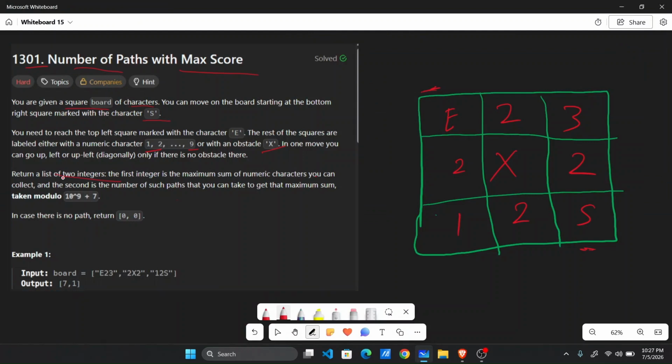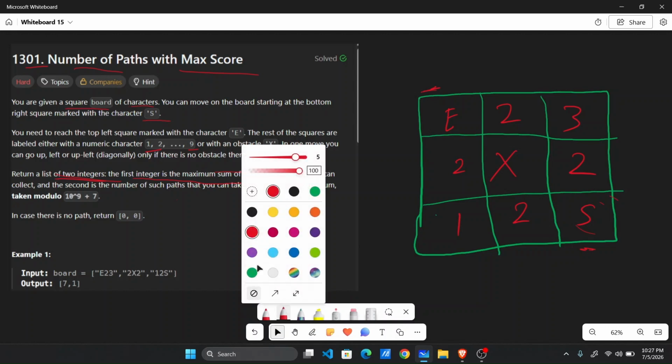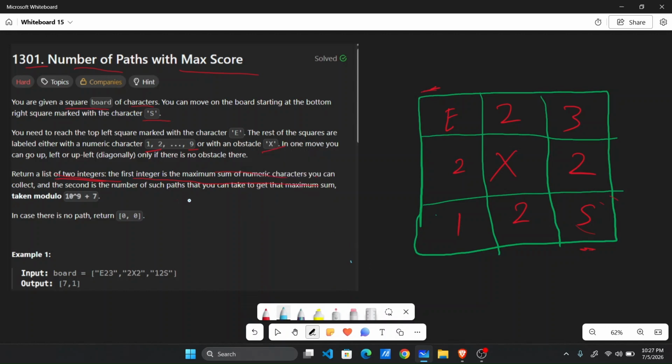So we have to return two integers. The first integer is the maximum numeric sum of all the characters that we collect from going from here to here, right? And we have to return the number of ways to get the maximum sum. So, suppose the maximum sum is 5, how many ways can we travel from this starting point to this end point with a sum of 5? That will be the maximum